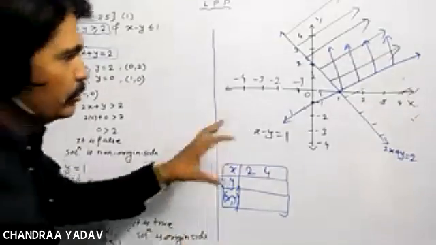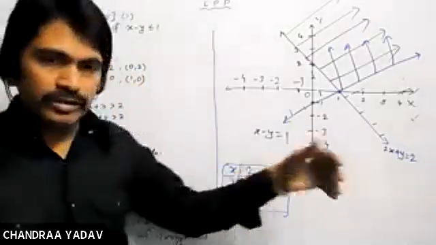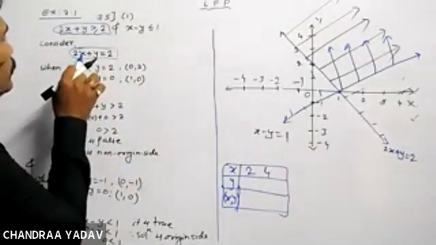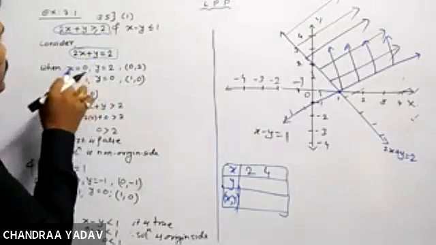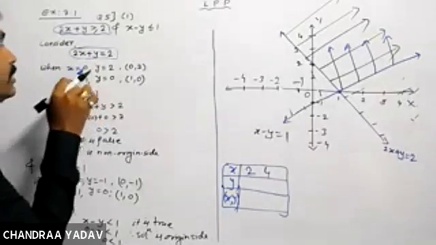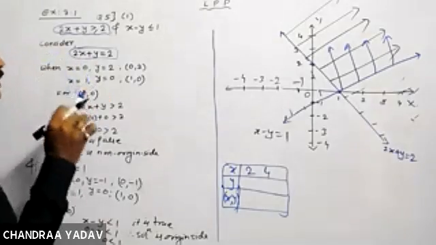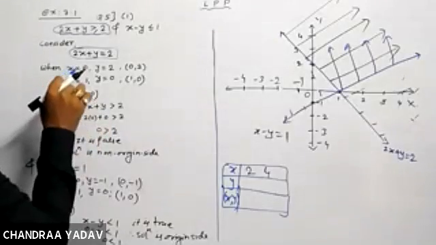But here we are not going to follow this method, and we are not going to take 2, 4, 6, something like that. Because if we consider the value 0, the calculation becomes very simple. It's not compulsory to take x as 0, you can consider any value, but to make the calculation easier, we are taking one value as 0.